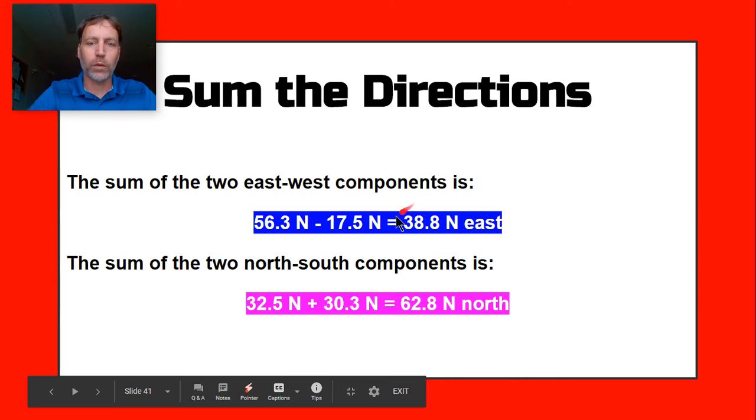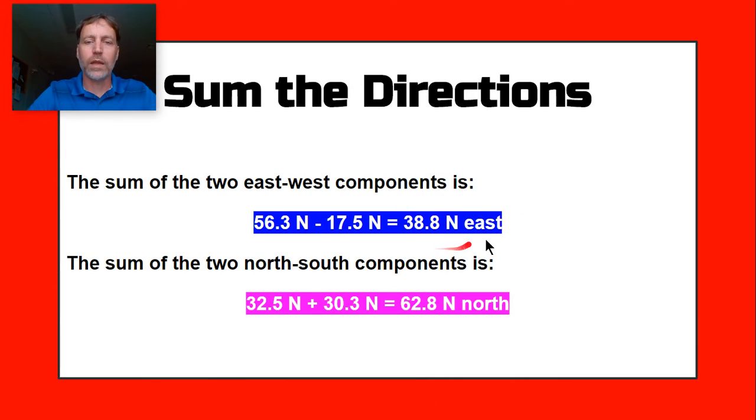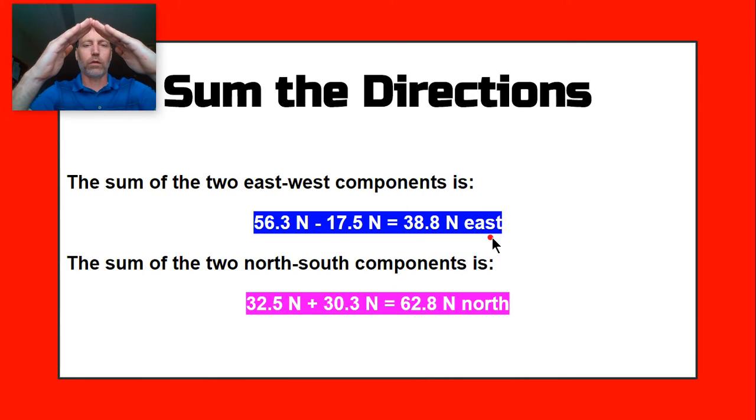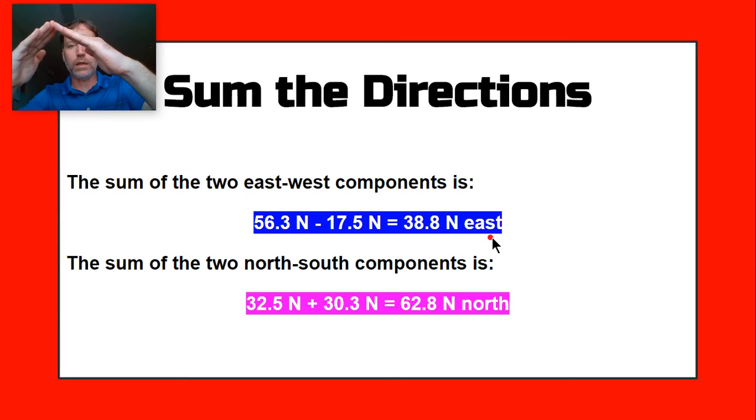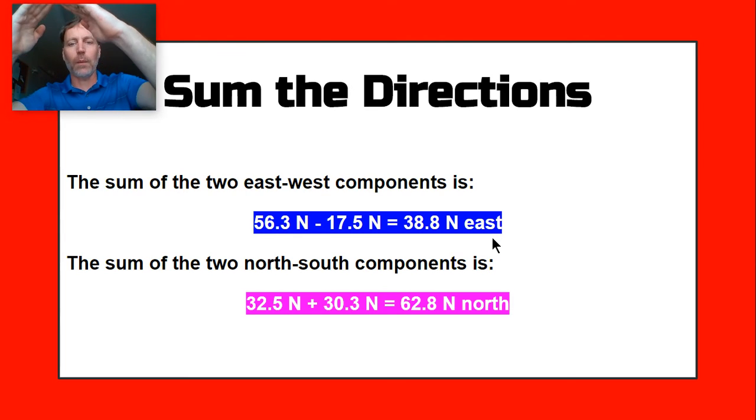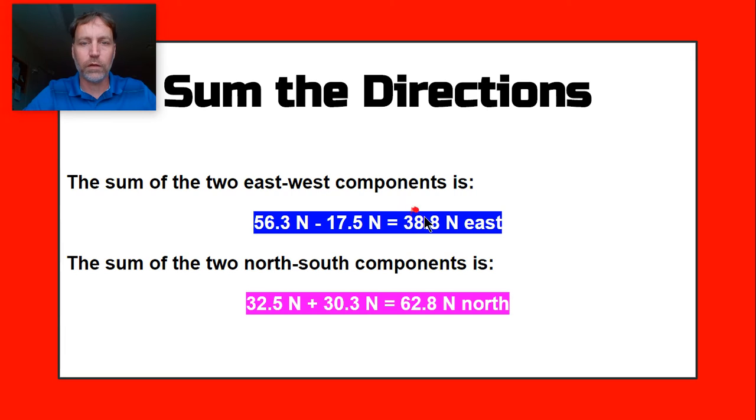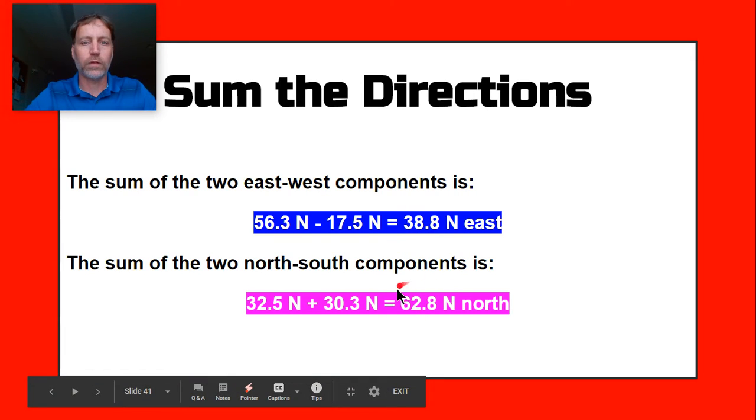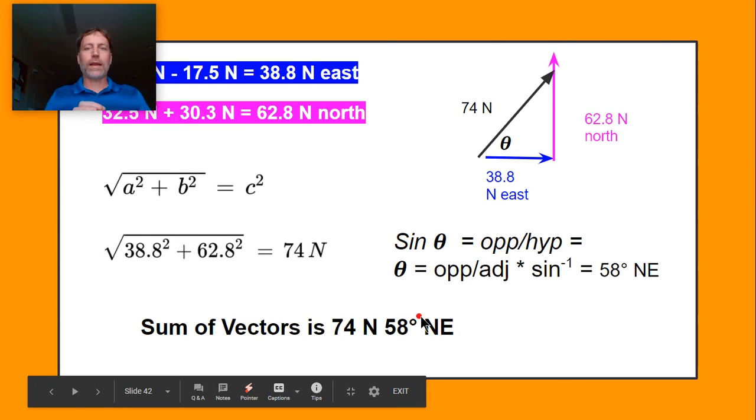So what we have here is an overall vector of the objects when the two balls hit together. The resultant vector is going to be to the east and up towards the north. To the east, a force of 38.8, and towards the north, 62.8. Okay, so what we'll do is we'll draw that again. We added up our east-west vectors, and we added up our north vectors, and here